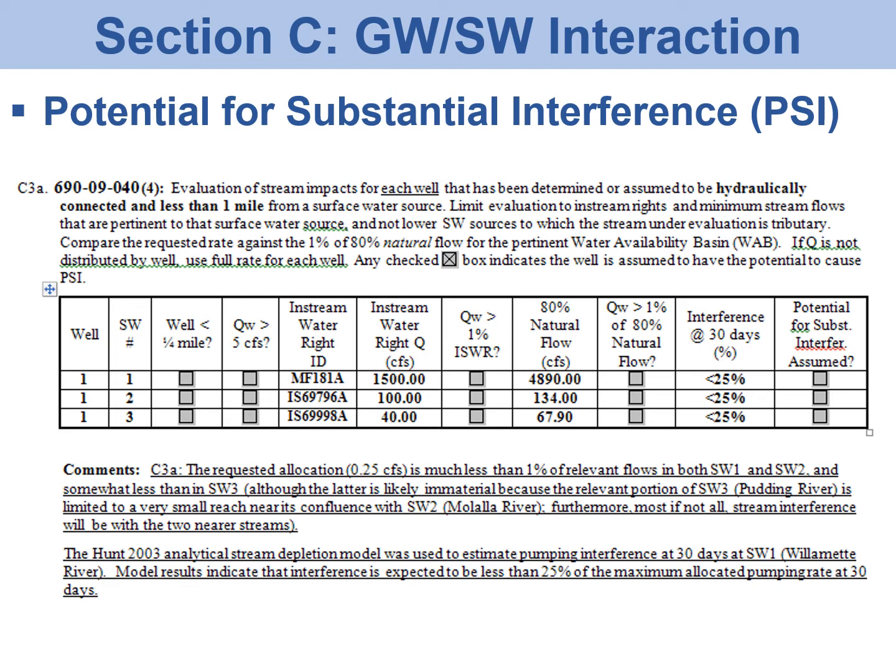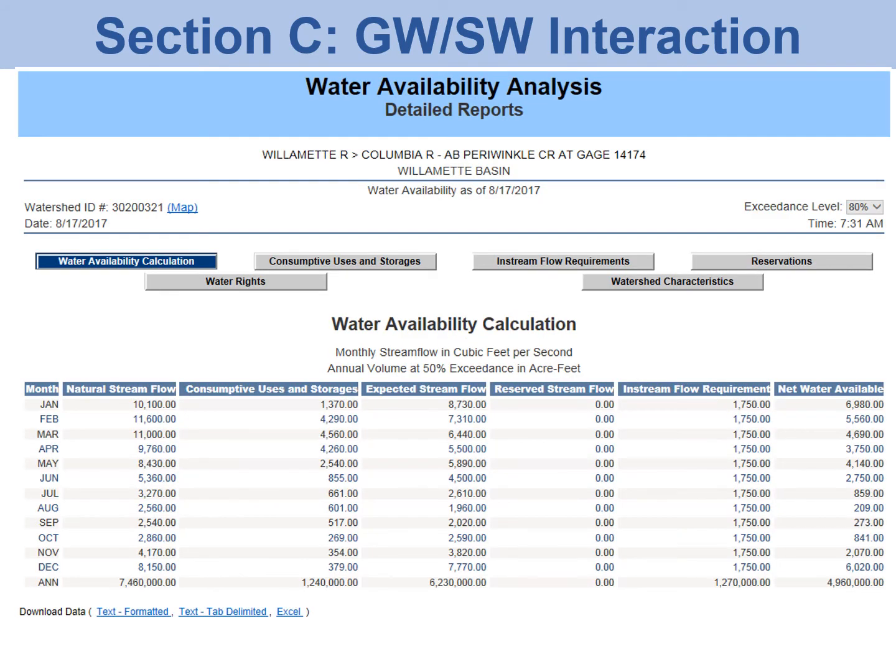Step over to test the rate against 80% of the natural stream flow. Again, we gather that information from the water availability reporting system, and we assess the proposed rate against the flows. And lastly, we take a look at interference from pumping at 30 days. We do that with an analytical model. I'm going to talk about that a little bit more on the next couple slides, but first of all,